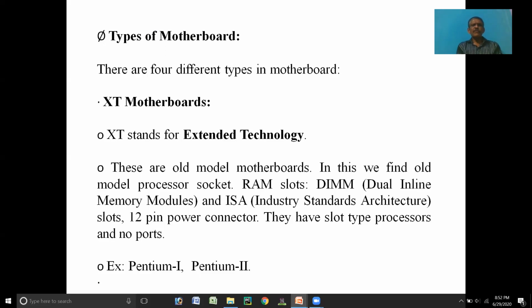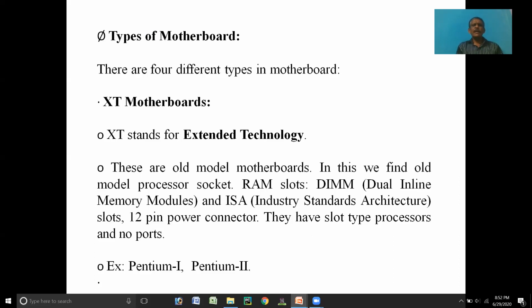XT stands for extended technology. XT motherboard means extended technology motherboards. Next point is these XT motherboards are old model motherboards. These motherboards contain